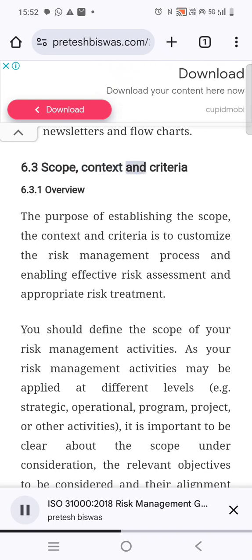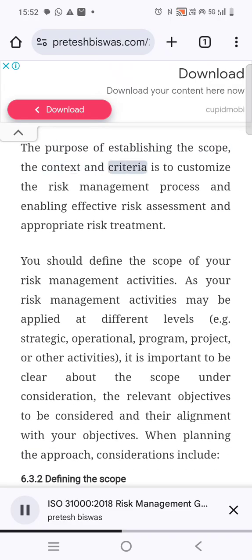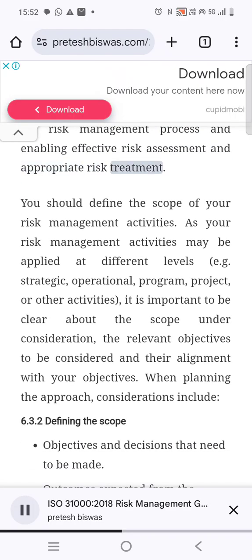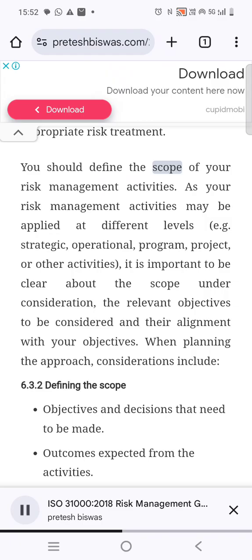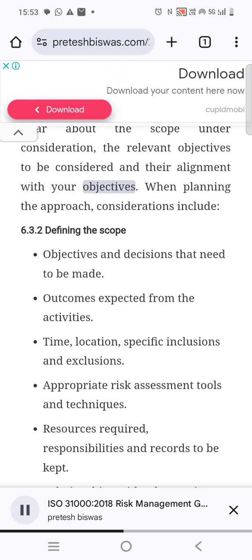6.3 Scope, Context and Criteria. 6.3.1 Overview. The purpose of establishing the scope, the context, and criteria is to customize the risk management process, enabling effective risk assessment and appropriate risk treatment. You should define the scope of your risk management activities. As your risk management activities may be applied at different levels, e.g., strategic, operational, program, project, or other activities, it is important to be clear about the scope under consideration, the relevant objectives to be considered, and their alignment with your objectives. When planning the approach, considerations include